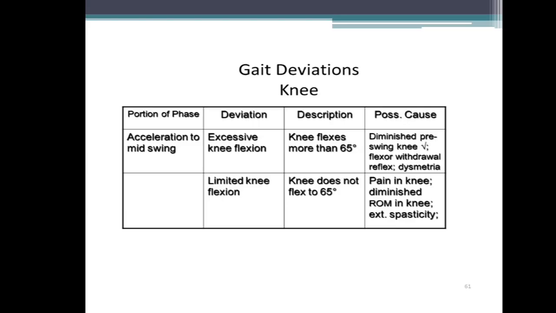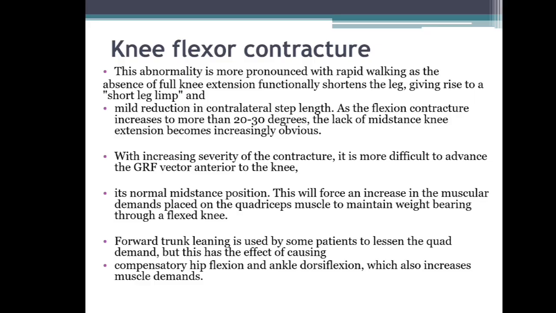extensor spasticity. So knee flexor contracture: the abnormality is pronounced with rapid walking. As there is absence of full knee extension, it shortens the leg, giving rise to short leg length. So there is mild reduction in contralateral step length. As the contracture progresses to 20-30 degrees, then the lack of mid-stance knee extension becomes obvious, and with increased severity